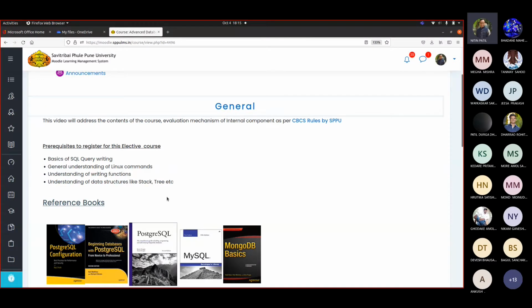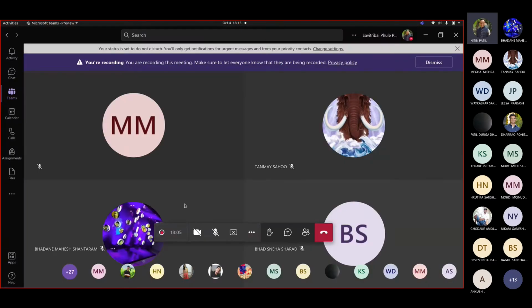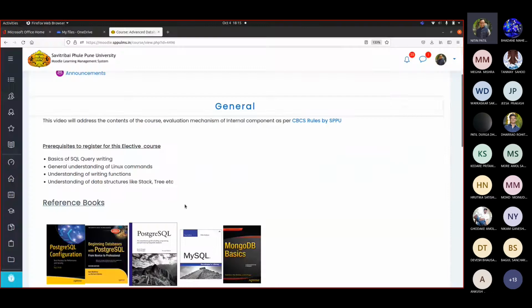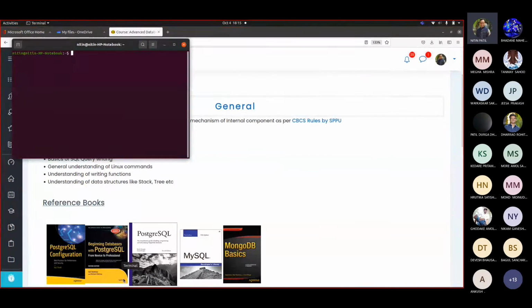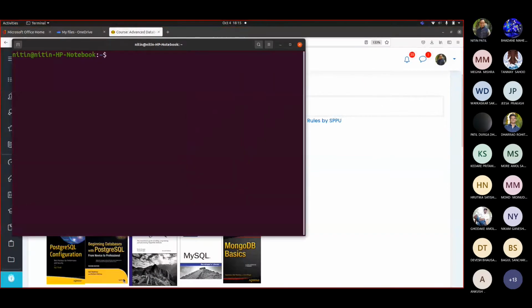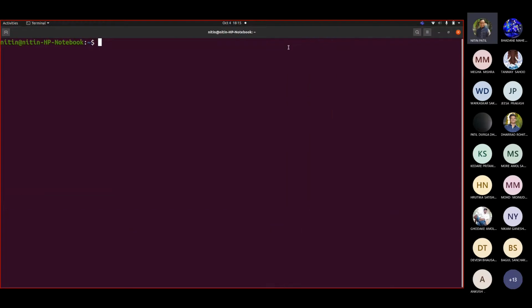Now, with the assumption that you have installed Postgres on your laptop; if you haven't, follow this process. Let us say this is the window you started with. Assuming you don't have Postgres, you go to sudo -s.